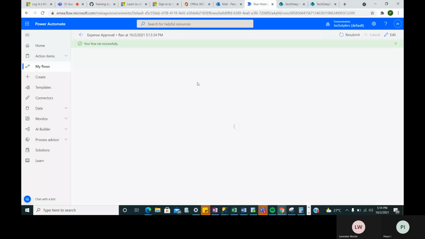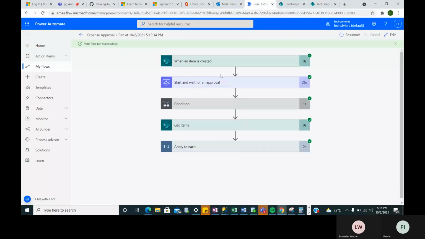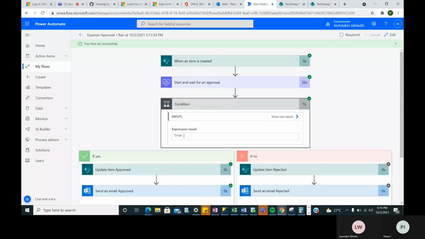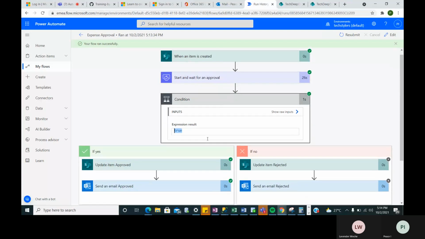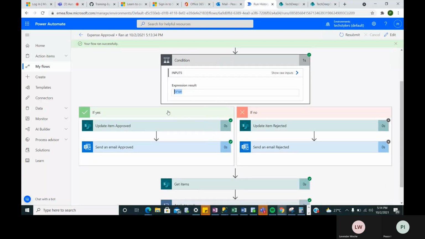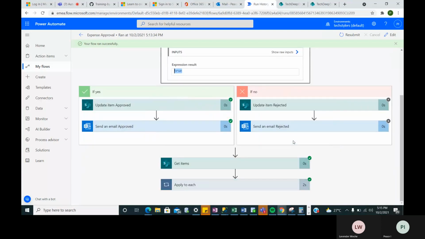Okay. So when an item is created, it starts and waits for an approval. It sends the approval, and I already approved, right? Because I approved, it shows true. So you can see that when it's true, it doesn't run both ends. It can only run the yes or the no part. Because it's running the yes part, the no part will just be grayed out like this. It's not going to run the no part. This was just to demonstrate the